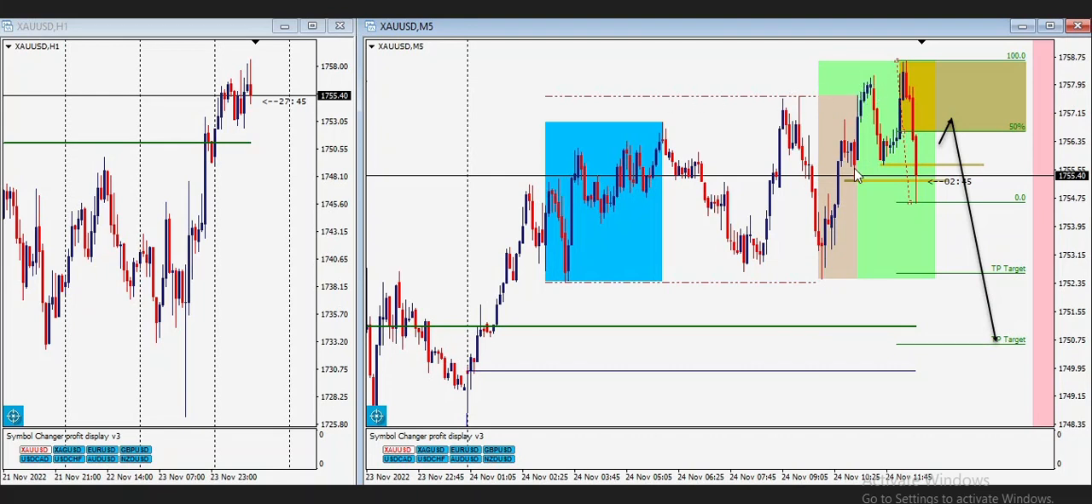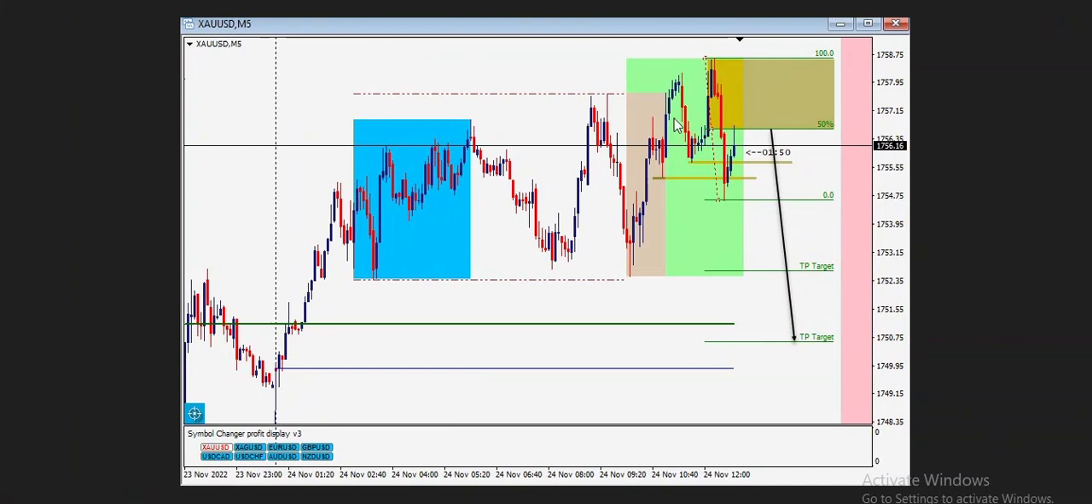So I mark out my lows here. I was waiting for price to break structure, but it didn't. It moved back again and I marked this and it broke structure. So I was expecting price to come back to retest the 50% Fibonacci level, then I take my sell, and that was what happened. This is gold,